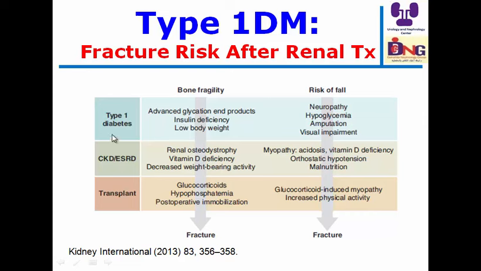This is the definition and diagnosis of post-transplant diabetes mellitus. Here I have a question. Does measuring hemoglobin A1C in the first year post-transplantation provide an accurate screening and diagnosis of post-transplant diabetes? The answer is no. Hemoglobin A1C shouldn't be used alone to screen for diagnosis of PTDM within the first year